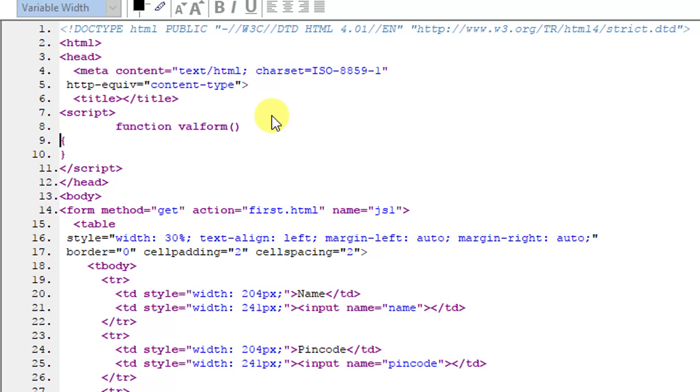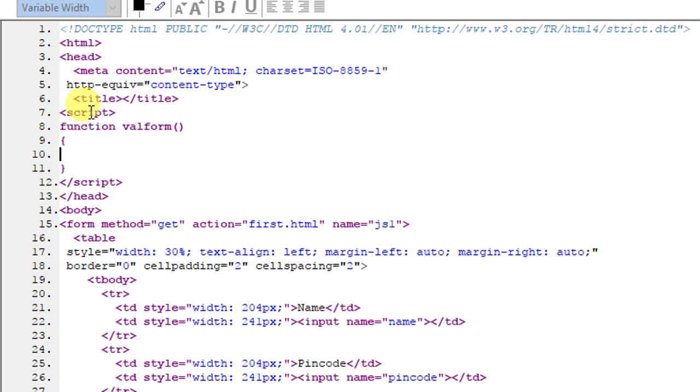Whatever you open, you have to close. For example, we have opened script here and closed it here. I have opened the function curly bracket here, and I have closed the curly bracket here. Otherwise, if you forget this curly bracket, your code will not work. So please make sure that you write your code very carefully.